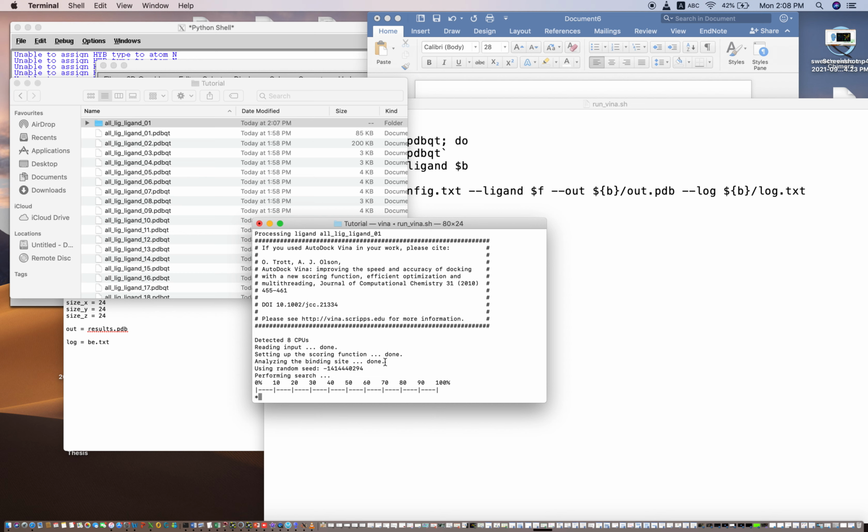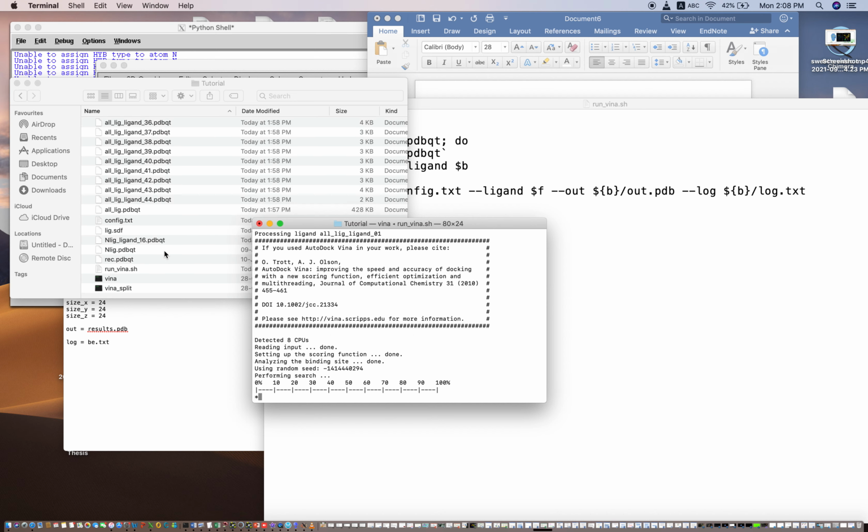When ligand 2 is started, another folder will be formed in your directory with the name all underscore lig underscore ligand underscore 02, and then 03, and then 04, and then 06, and so on up to your complete library.